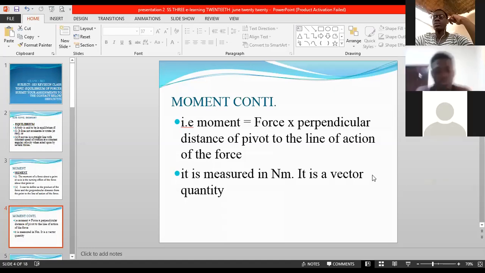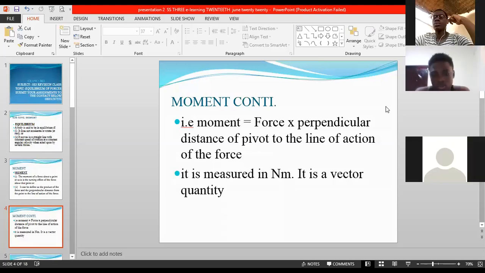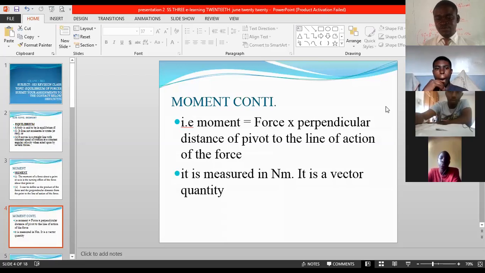Impulse. Give me 4 quantities that have the same unit as moment. Remember, recall from SS1 work. I'm all ears. Michelia, give me 4 quantities that have the same unit as moment.